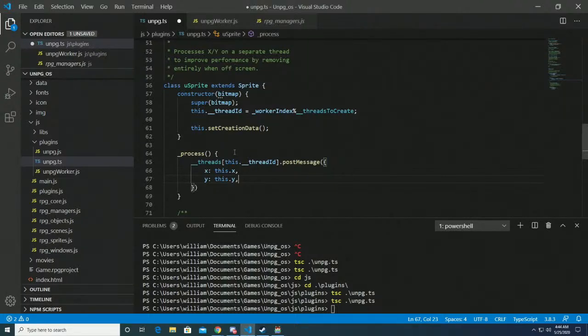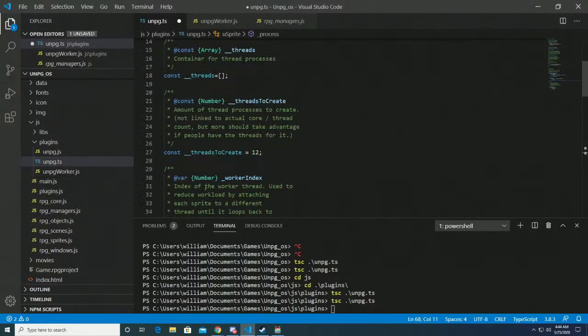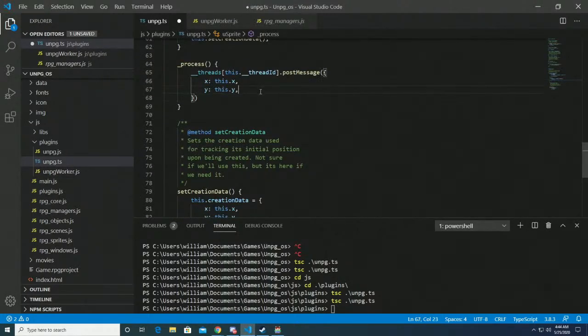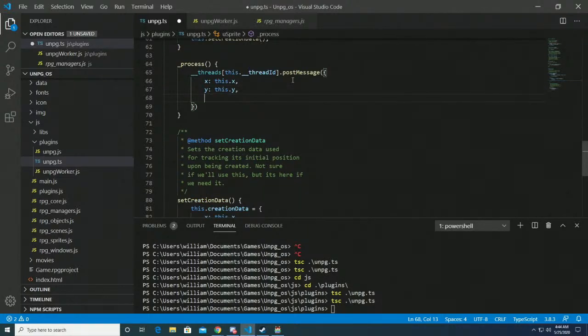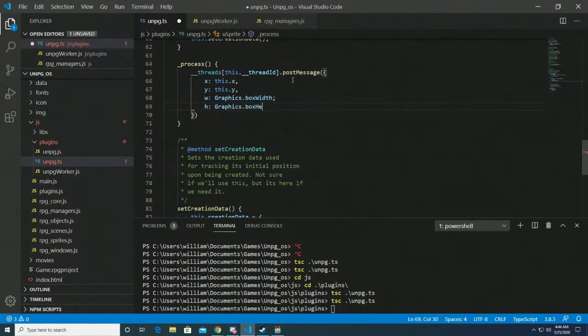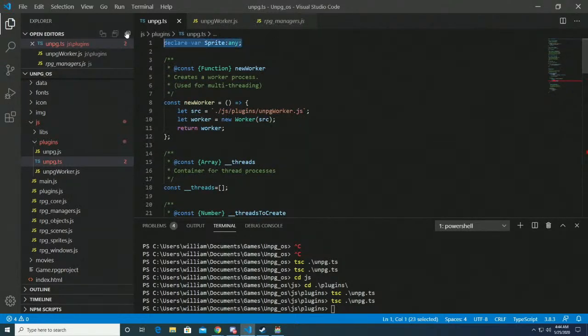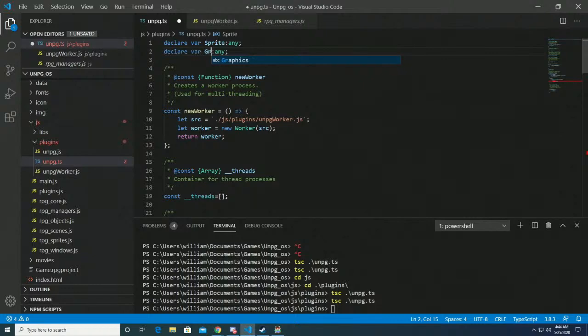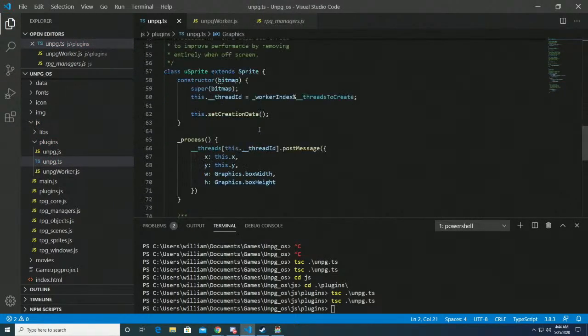No, that's not true. No, we don't need to do that. We don't need to do all that. We just need to send over the width and height, which actually shouldn't do much at all. w: graphics.box.width, h: graphics.box.height. Oops. So yeah, basically all we need to do here is, I know graphics isn't declared. So all we need to do here then,